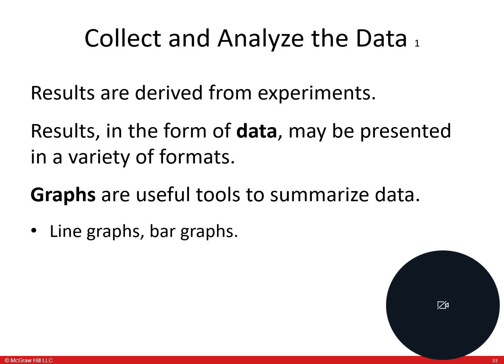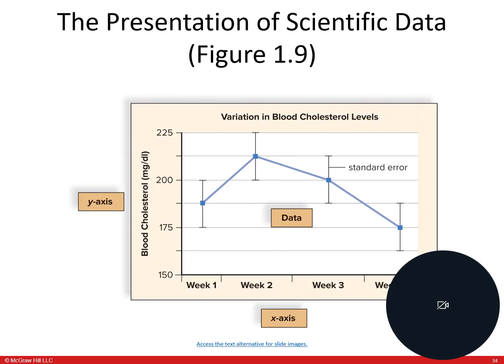You can have badly manipulated studies, but in a good controlled study, the data doesn't lie, and graphs are going to be a very useful way to see the data in common language, right? To say this is more than this or less than this, or this produced less desirable outcomes. You can't look at a table and not understand what it says, right? So for instance, variation in blood cholesterol levels, right? If we had patients who started out at, let's say, 150 cholesterol, and then we put them on a trial for 4 weeks. By the end of the 4 weeks, everyone's cholesterol had gone down from 225 to 175. Like, for instance, a statin study. This would be like a cholesterol drug study.